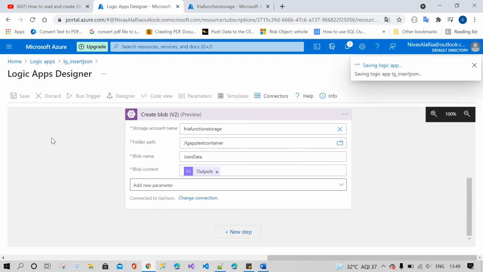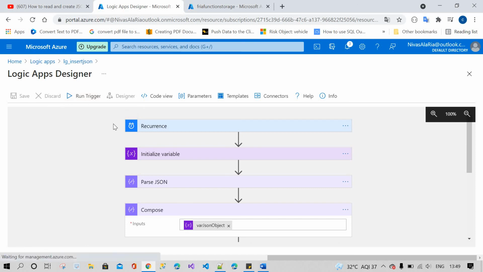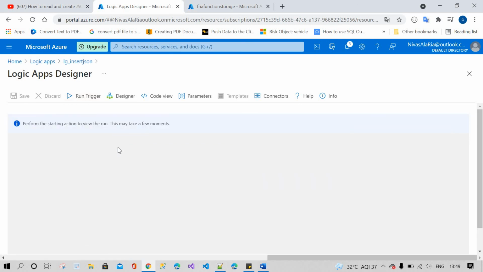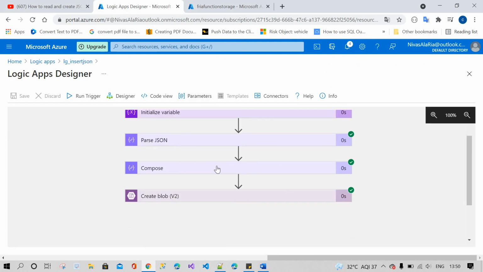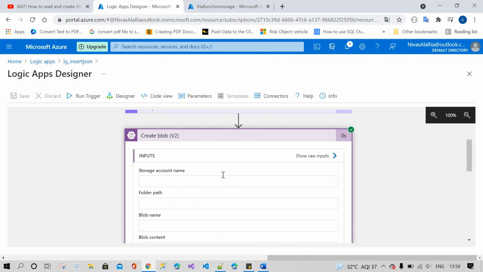Again I'm going to save this. Now I'm going to run this, and we will check whether the blob file will be created or not. Okay, everything is successful. We will check here.